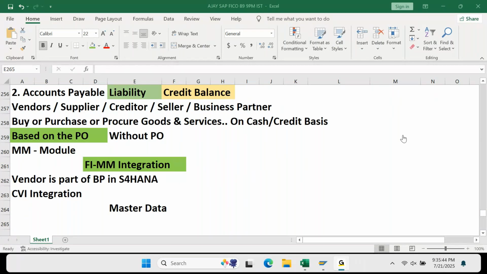These points slowly we need to ensure, okay, I am aware of this point. When somebody is talking about these things, I know what they are referring to. At least some point should strike our mind. Then it makes it more comfortable for you to connect it to the process. Now let's say that the vendor is created. When the vendor is created, you need to make sure while creating the vendor, you need to ensure